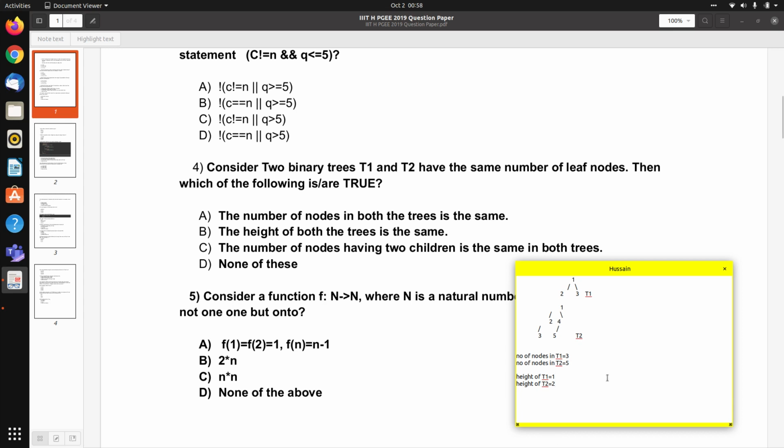But let's try on another tree to see if it satisfies or not. Because proving a statement true is more difficult than proving a statement false, we just build a counter example to prove the statement false.